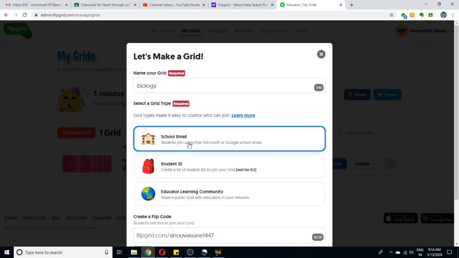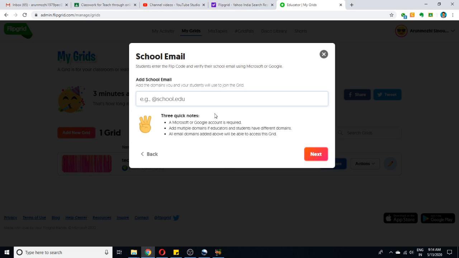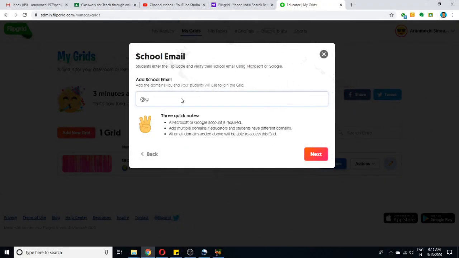student ID, email ID, okay, and next. So IDs like Gmail should be accepted, right? If you are in a particular school, see in our college we have a mvit.edu.in email ID. If I use it, only that ID can be logged in to this class. So I can use Gmail for instance. So I will give my email ID, right? So this domain is accepted.